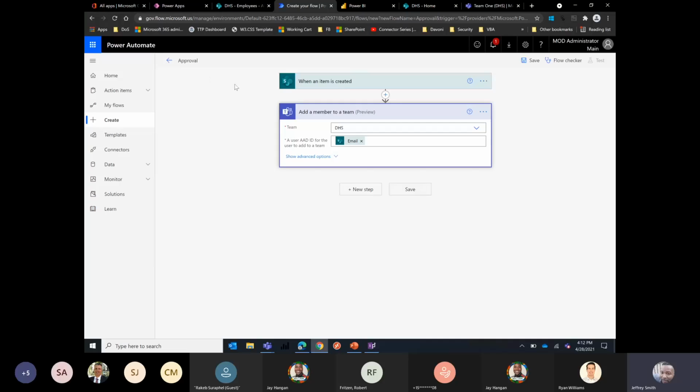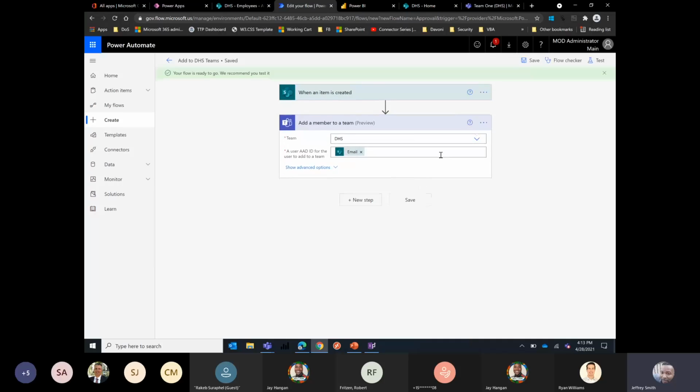This is good to go. I'm just going to say add to DHS teams. That's the name of this workflow. Of course, I can save this. If there's errors, it's not even going to save, right? So that's the beauty of the